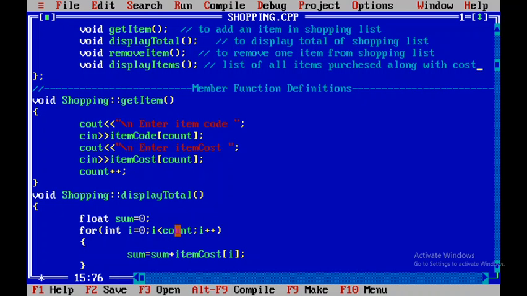But an array always starts with index 0, so the actual list will be atom code of 0, atom code of 1, 2, 3 and 4. That means from 0 to 4 there will be atoms in the array, whether it is atom code or atom cost. The array will be starting from 0 to 4 if there are 5 items present.